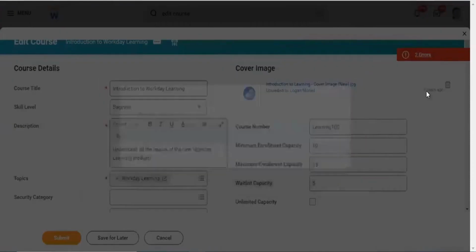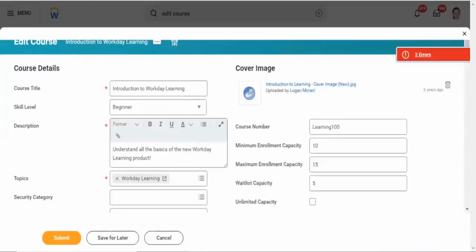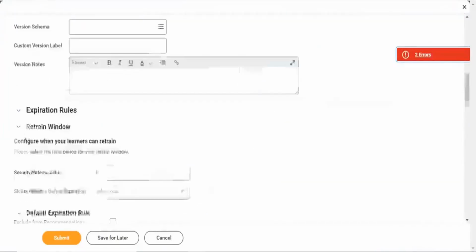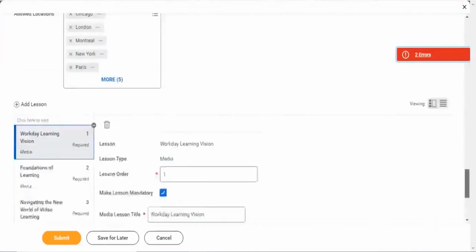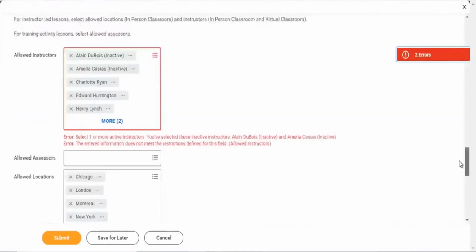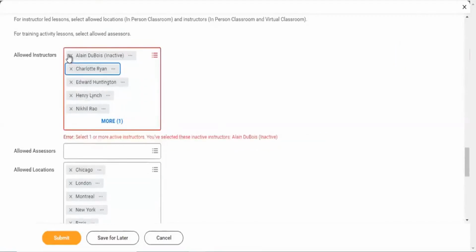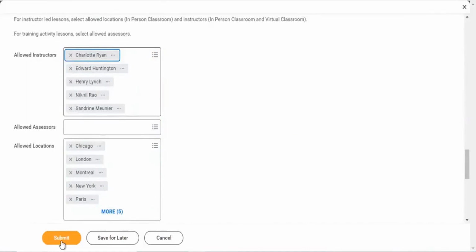Since this is a blended course, we will not change anything. It has to be a kind of restricted test. Someone got terminated from here. Probably we can remove these inactive folks so that you can be able to submit them.